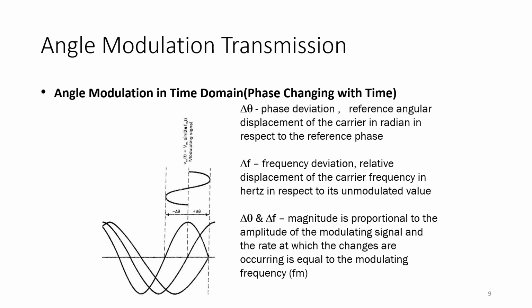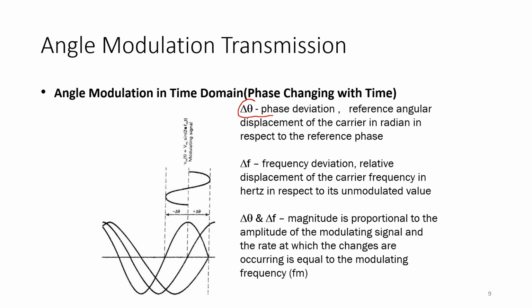So let us define some symbols here. So we have delta theta. Every time you say this, we are talking about phase deviation. Okay, so this is the reference angular displacement of the carrier in radian in respect to the reference